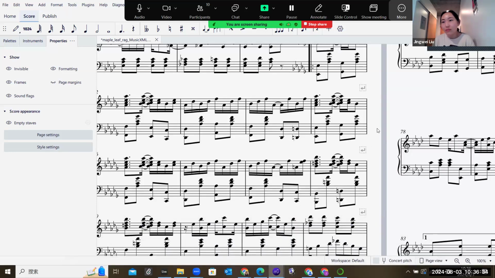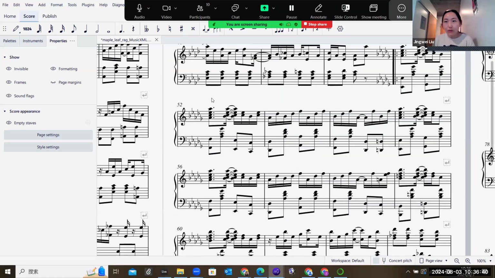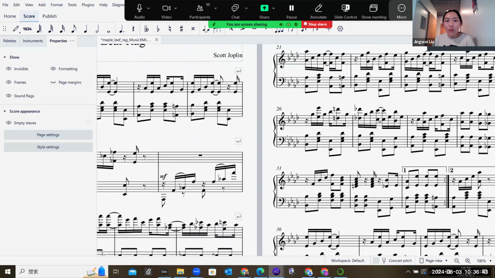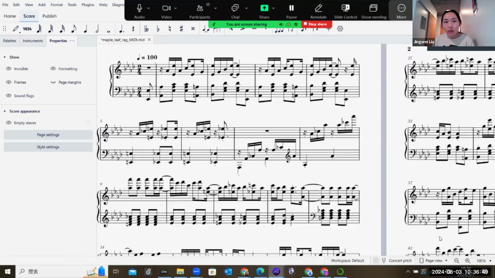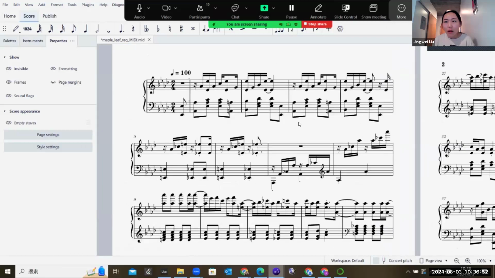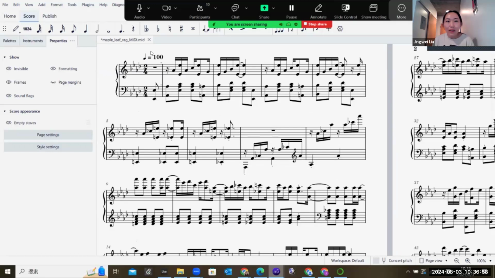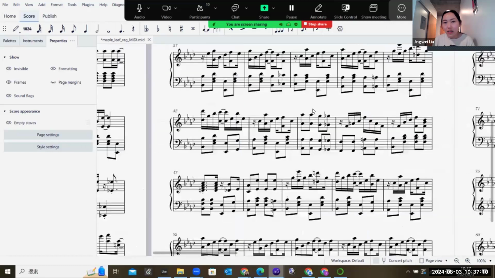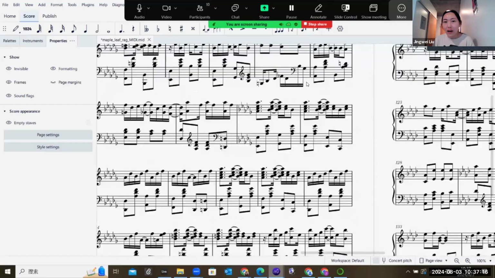For us, we are using a much simpler and more efficient way, which is the MIDI format. In terms of encoding for MIDI, everything that matters is how it sounds, not how it looks. So if you encode this Maple Leaf file back into MIDI, it will look like this. It doesn't have a title or author. It keeps the original BPM and time signature, but that's not always the case. Sometimes this will change, and it will look very messy, but it will sound the same. It's a much plainer, cheaper way of encoding,